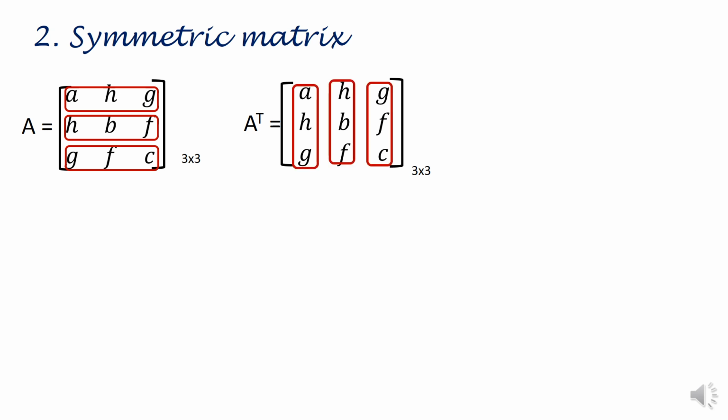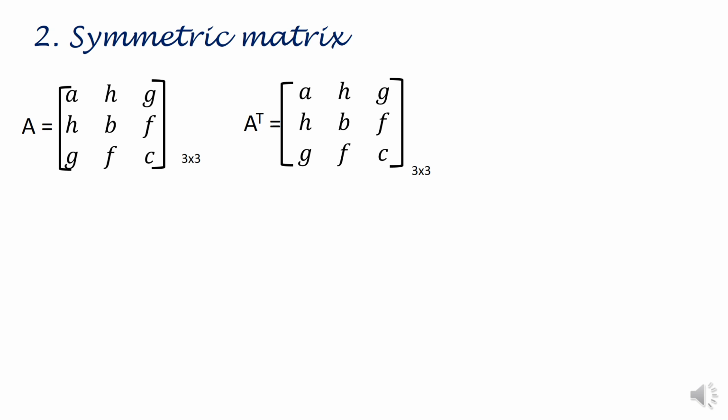Now when you compare A and A^T, you observe that the elements of A and A^T are the same and they are also present at the corresponding positions, at the same positions. And thus we can say that A and A^T both are equal. So remember the property of equal matrices. Two matrices are equal if they have the same order and the elements present at the corresponding positions are also the same. Thus, both are equal matrices, and such a matrix whose transpose is equal to it is known as a symmetric matrix. Thus, we can say that A is a symmetric matrix.